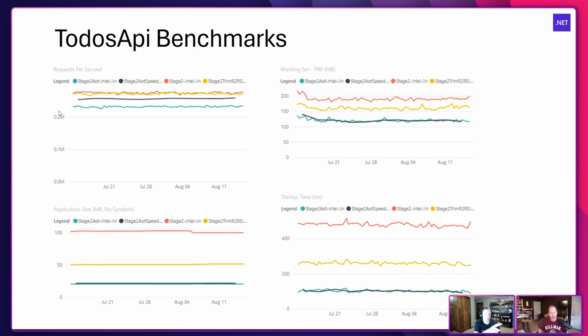And so there's 4 charts here, starting at the top left and then, left to right, top to bottom. We have RPS, how many requests per second can this app do, right? We have a client that just pings as fast as it can to see how much load the server can take. And then in the top right, we have the working set, like how much memory is being consumed by the application. Bottom left is app size on disk. And then bottom right is the startup time, right? Like when I told the app to start, how fast until it was ready to accept requests.